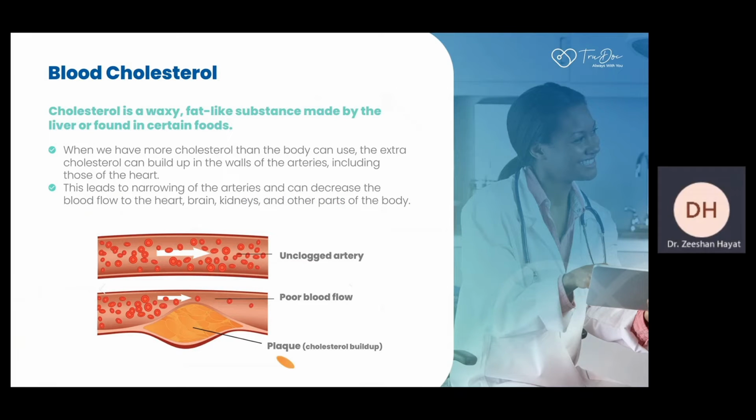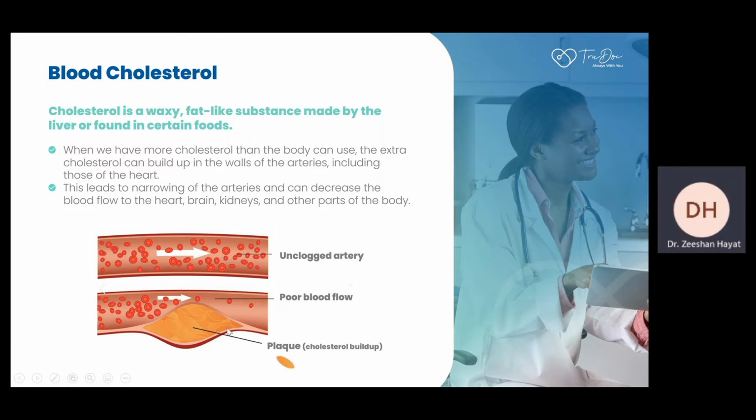Now, we were discussing the risk factors. We've discussed high blood pressure and why it's very important. Within the arteries, you also have other factors that play multiple roles, but we're basically just looking at major risk factors. One was hypertension, which we just discussed. The other one is cholesterol. What is cholesterol? It's a waxy, fatty substance that is made by the liver, and some foods contain cholesterol. When you have high levels of cholesterol and you have a trauma to the arteries, and high blood pressure can do that as well, this will cause plaque formation.